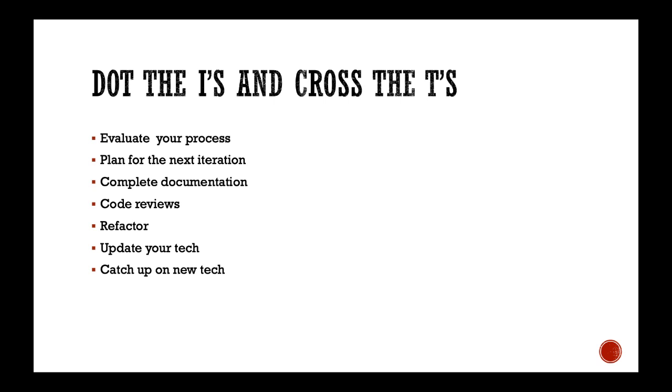Next, you also have to plan for the next iteration. Are there user stories that got bumped to the next iteration? Bug fixes that will now be integrated into the next iteration? Has our velocity changed because we've been working so much better? If you remember, you should always use an average velocity for your calculations from the past 3 or 4 iterations at least. That will change your planning for the next iteration because your velocity will change a bit.